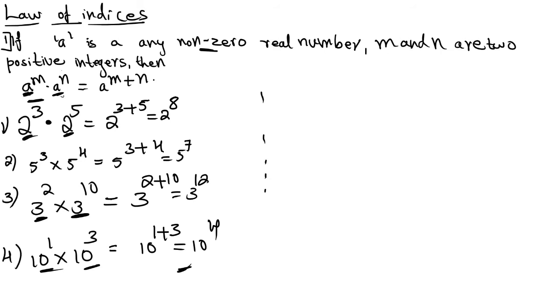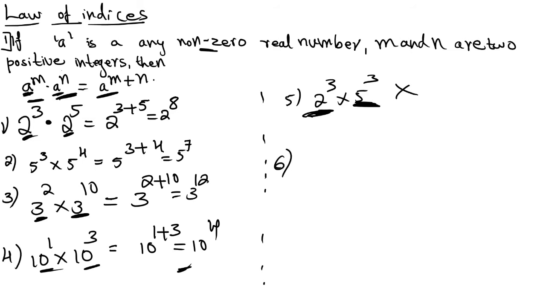Okay. Now see, suppose I am taking the fifth example. 2 to the power 3 into 5 to the power 3. Can we multiply? No, right? Why? Here, see, this formula is not applicable. You can multiply using a calculator, finding the values, then you can multiply. But we can't apply this formula. Why? The reason is, here they have different bases, right? Here the a value is 2, here the a value is 5. Okay. So here a to the power m into a to the power n is not applicable.